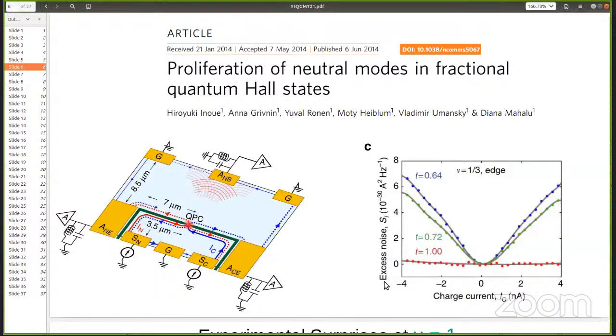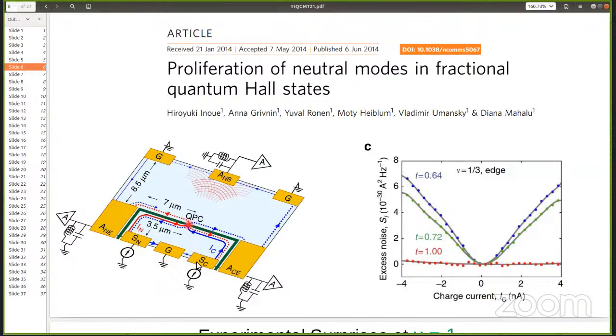Okay, so let me hurry up. They also told us about an earlier experiment on nu equals 1/3. This was a complicated experiment, but the simplest thing which I will tell you is that if you bias the